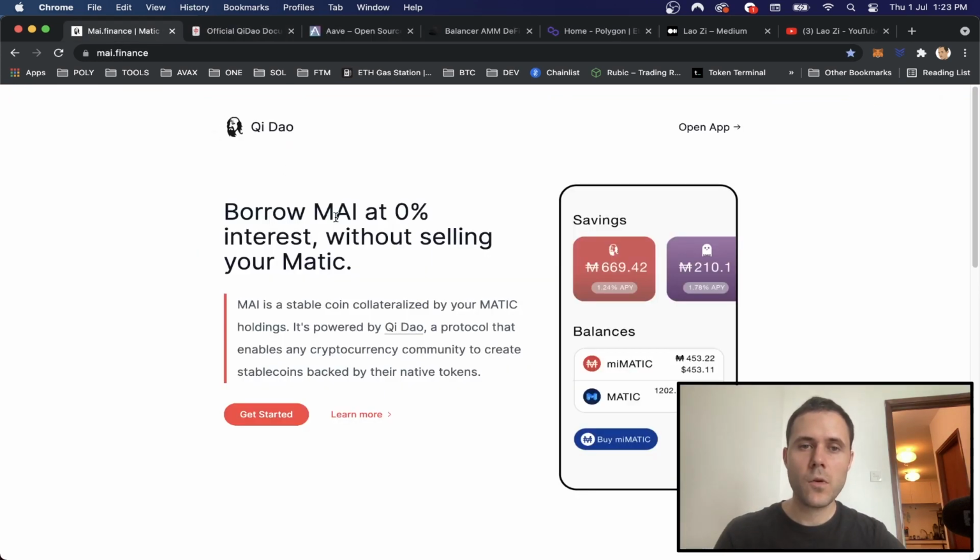So you may ask, why do we have this Mai token? Why are we not just borrowing US dollar T or US dollar C? And the key is with the collateral. Okay, so Mai is backed by Matic. So basically, Mai holders or people who are using Mai are showing that they wish to keep their Matic collateral and build upon that. So showing that they believe in the ecosystem. So that's why I believe this project is going to be a huge building block for Polygon.